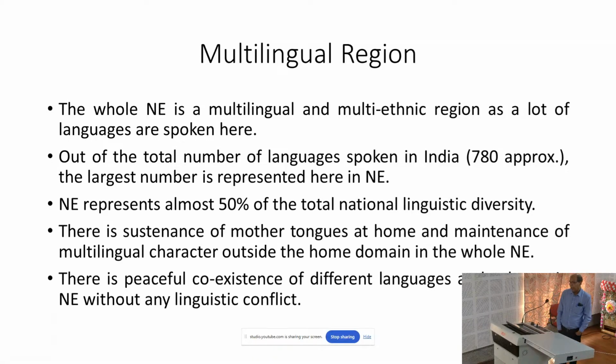So they sustain the use of the mother tongue in their home, and that way they are, I will say, preserving their mother tongue, even though there is a kind of pressure on them to give up their language. So since a lot of languages are spoken, and Northeast may be the only place in the whole of